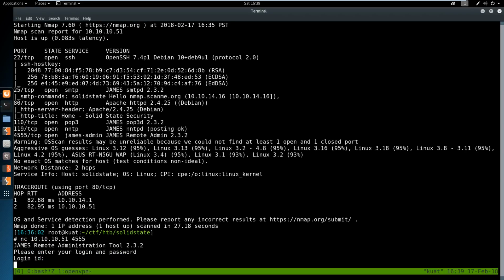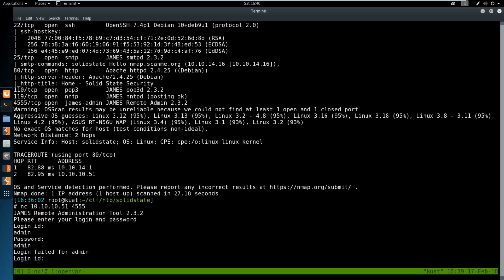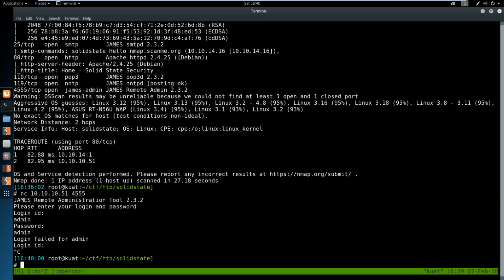It wants me to give it login ID, admin, password admin, login failed. Okay, so we don't have a login. Maybe at some point we can throw Hydra at it or some form of brute force, but you know,